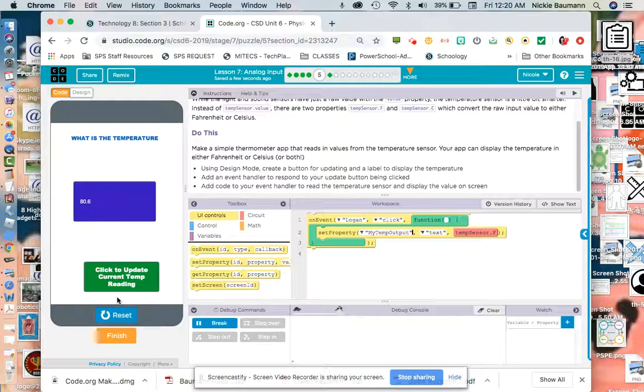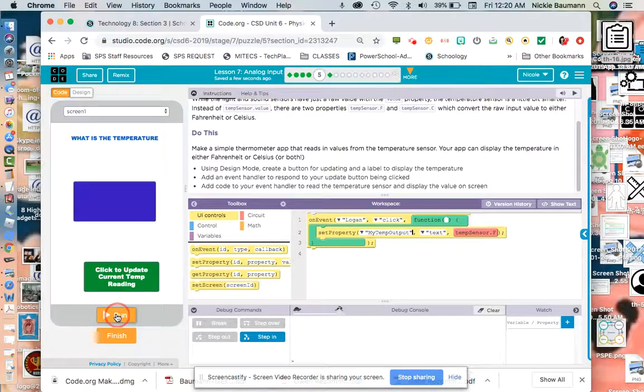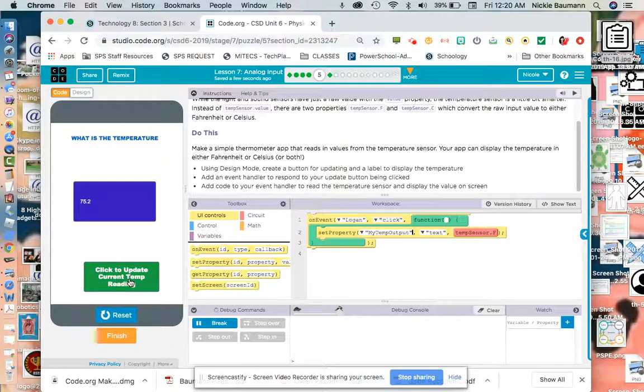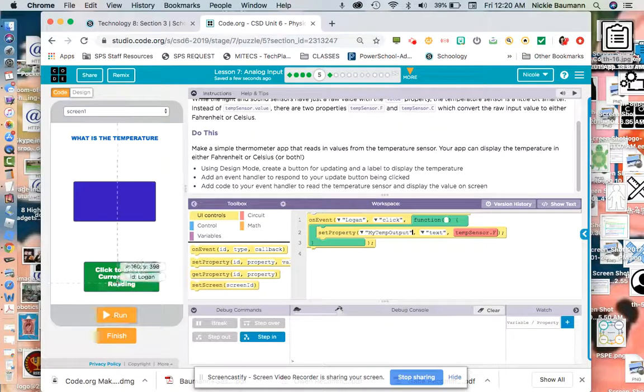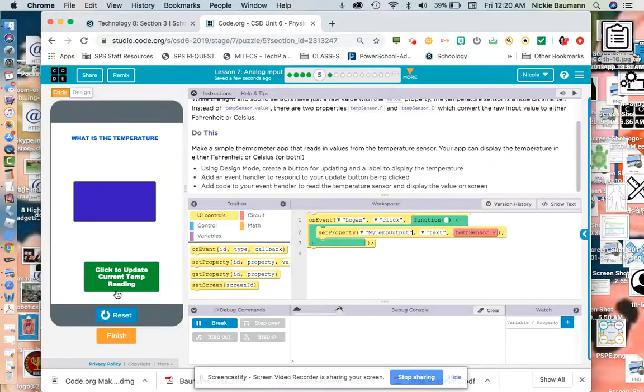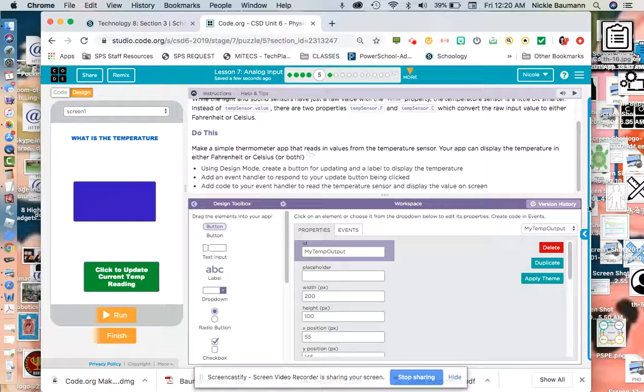80.6. I'm going to reset this again, run, click, 75.2. So it's not always accurate, depending on what it's reading. I mean, it is a tiny circuit board. Run. 80.6. Okay. I kind of want to maybe make that a little bit bigger, so